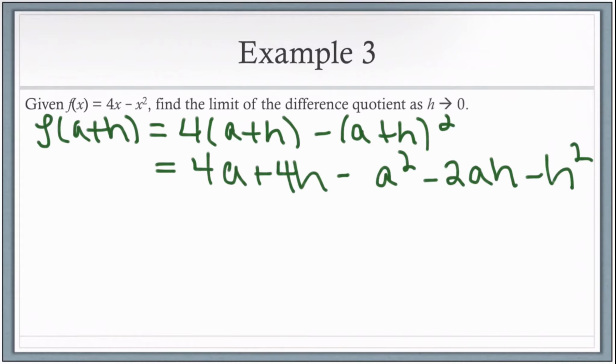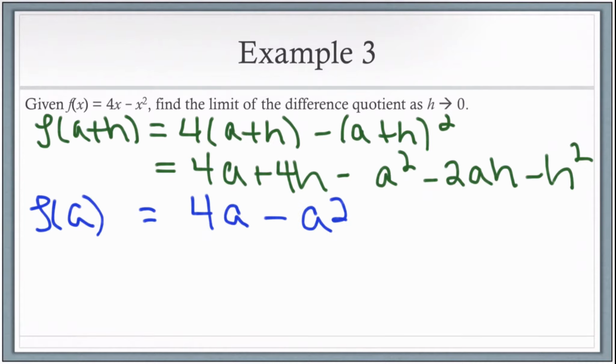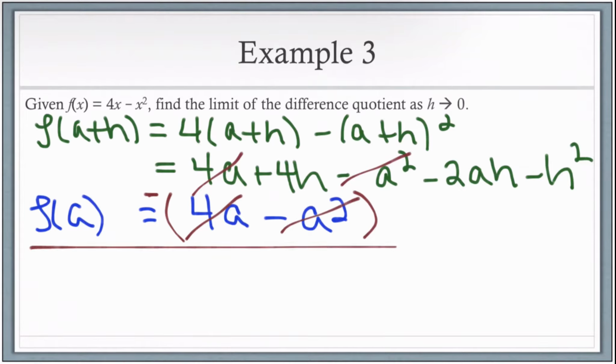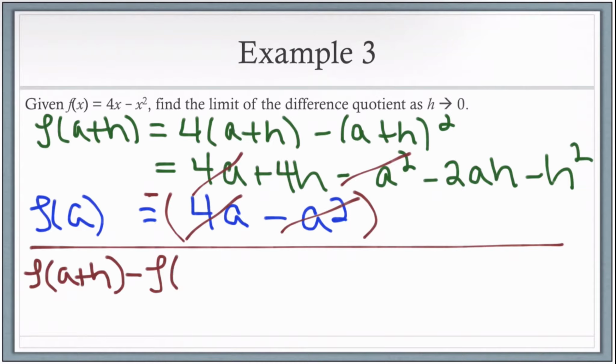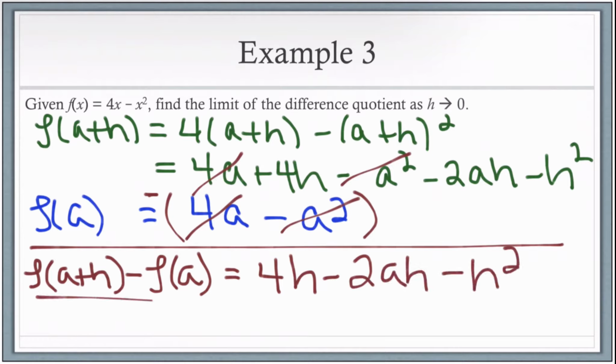Next, I need f of a. F of a is 4a minus a squared. I'm going to now subtract. 4a minus 4a will cancel. Negative a squared minus a negative a squared is going to cancel. So I'm left with f of a plus h minus f of a equal to 4h minus 2ah minus h squared, which I now